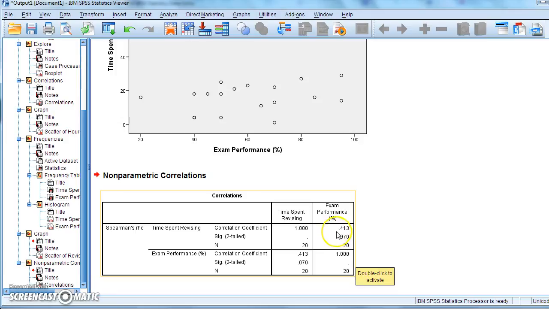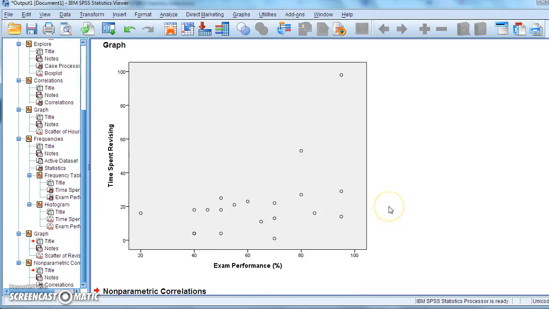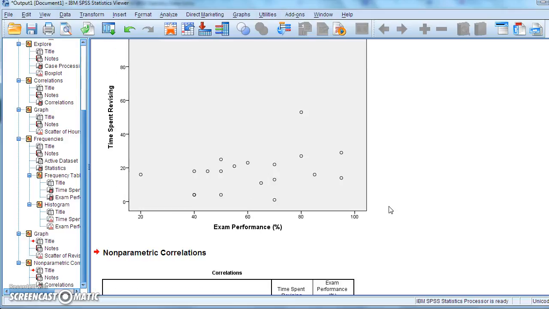Looking at the significance level, this is not less than 0.05, so we would say that this does not meet our criterion of being a significant relationship. Now, interestingly, the size of the effect of 0.4 is a moderate effect, but because it's not significant, we can't do anything about it. The first kind of fence is whether it's significant. If it is significant, then we can start commenting on the effect size. If it is non-significant, it makes no sense to, because we have no evidence from this data that this is not just a random accident. That's what the significance means. So we don't comment on effect size really unless the data are significant.